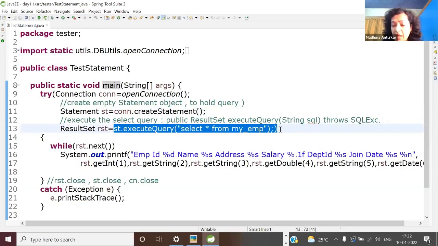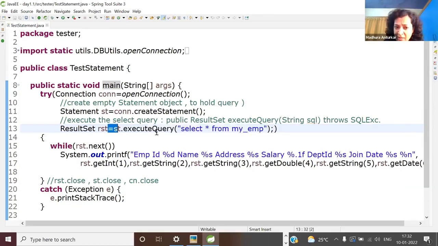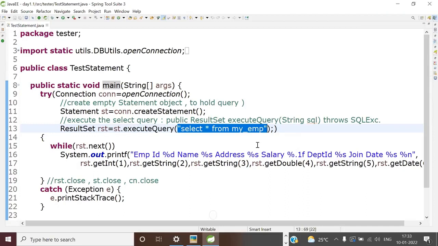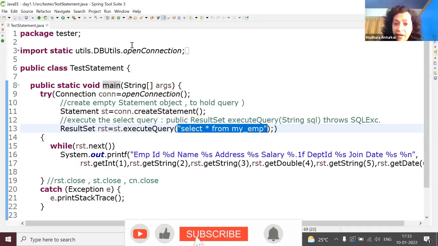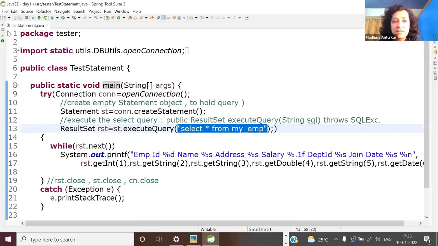For example, if you want to fire this query multiple times, suppose the user wants to see the results 10 times, I have to execute the query, but I have to pass this query every time. When you pass the query, it is parsed into tokens, then syntax is checked, then it is compiled and kept in the object. So this is too time consuming. And of course, the other disadvantage is that it doesn't easily support any IN parameters.